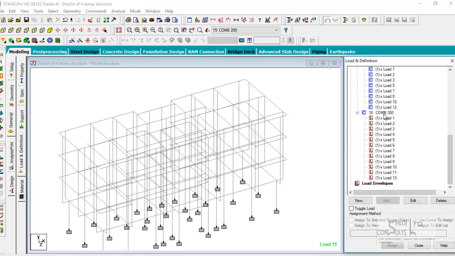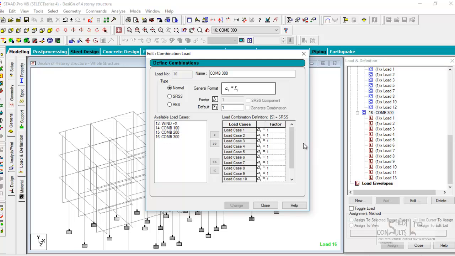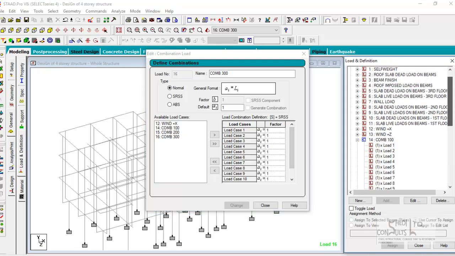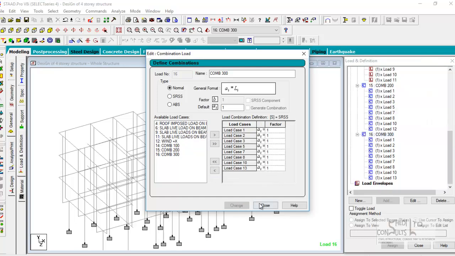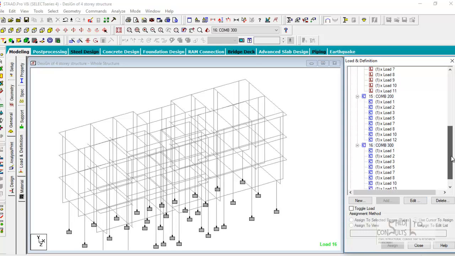Let's adjust combination 300 as well. So 300, we're going to remove load case 4, 6, 9 and 11. So 4, 6, 9 and 11. So this is dead and wind. Change. That's great. So the next thing we're going to do now is dead, live, and wind in the X,